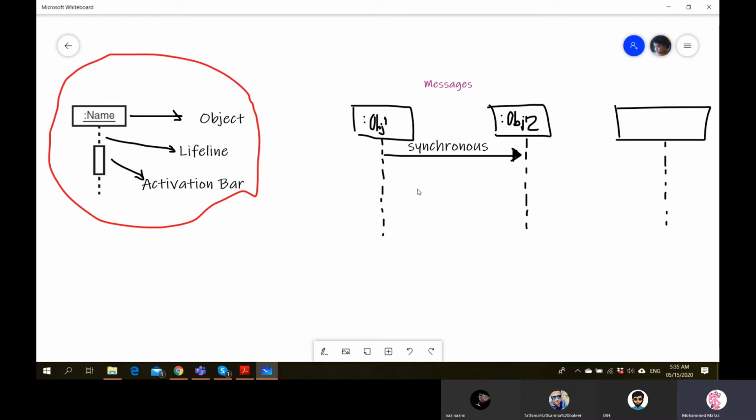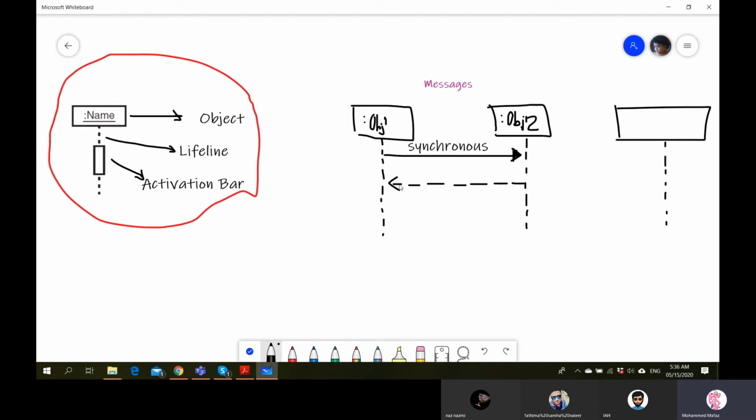So normally the responses are not shown directly. I mean, in UML you can, that is optional. You don't have to always indicate a return message, but in case you still need to indicate a return message, we indicate it back with a dashed arrow, which is an open arrowhead.